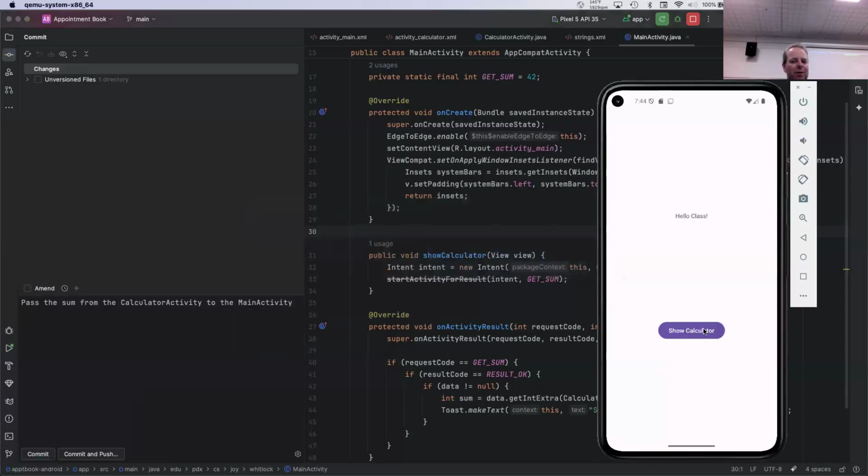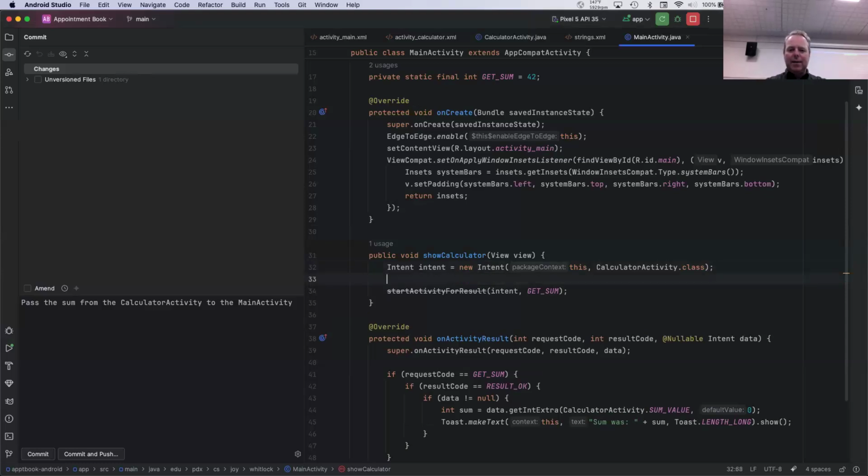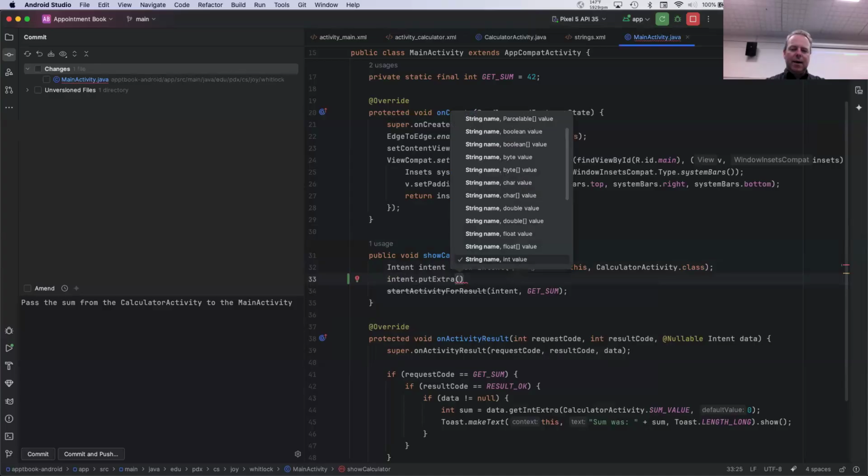Well, and that's what happens when you click Show Calculator. Oh, to send it the other way? Yes. I mean, yeah, you can. That's a great question. So Show Calculator. Yeah, I think I can. You can say intent.putExtra, and then